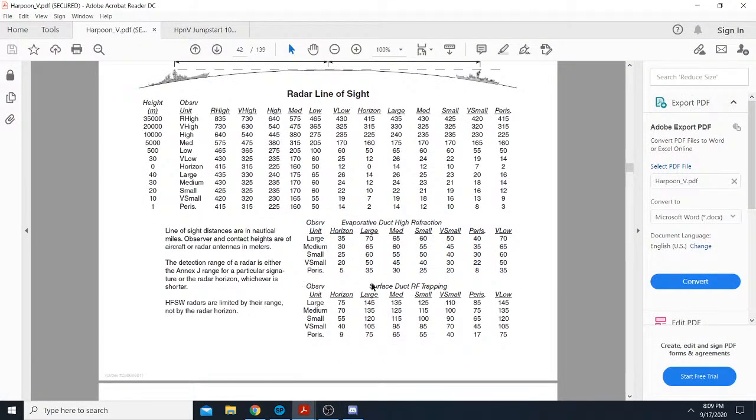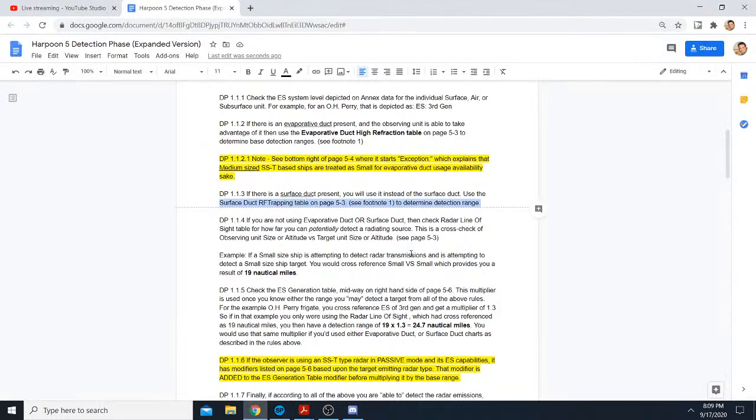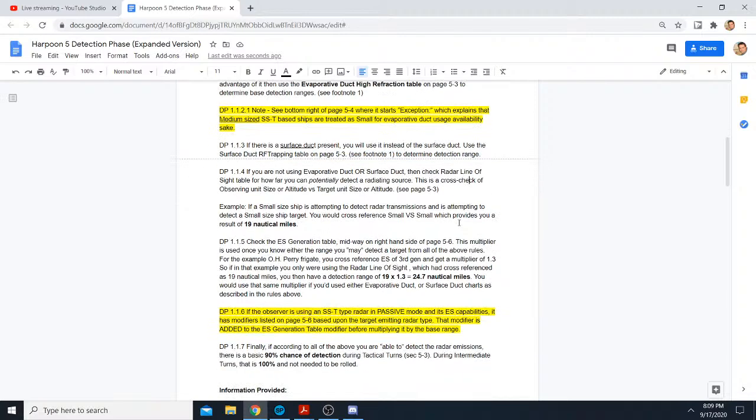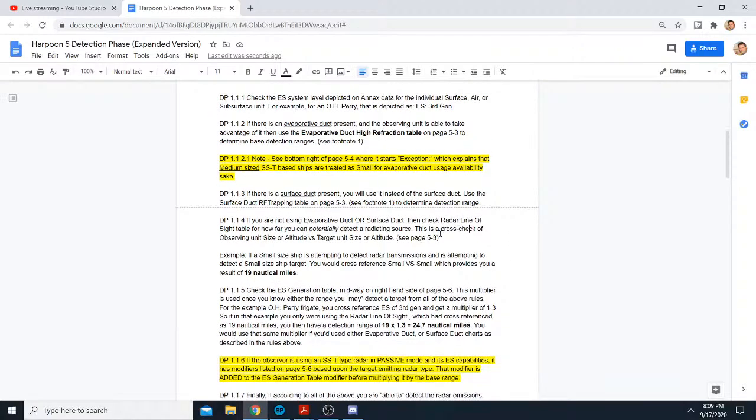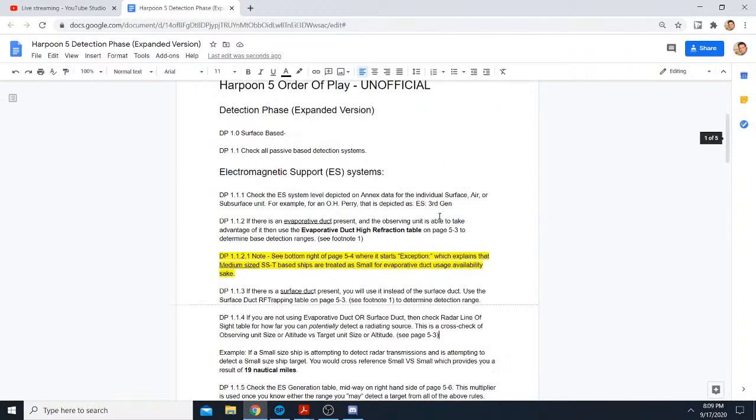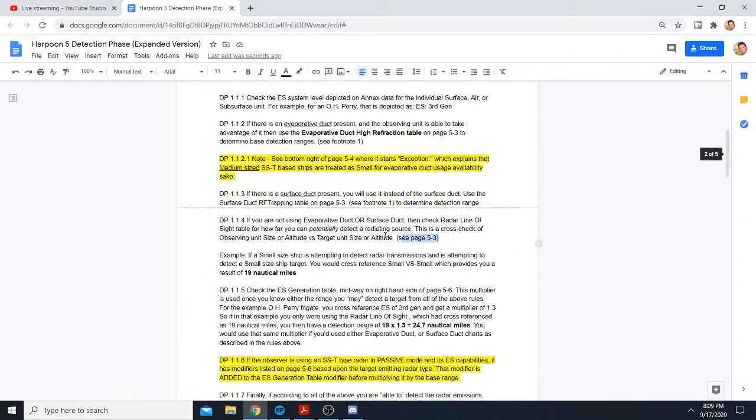See how this is the surface duct one, right? So exactly like you had described it before, but you'd even get more range. I believe the surface duct is significantly more rare to occur. All right, and then the fallout of the logic, if you will, is that if neither are present, which can